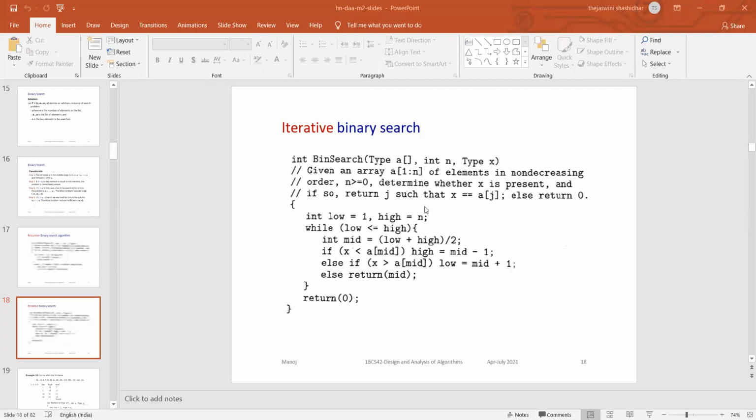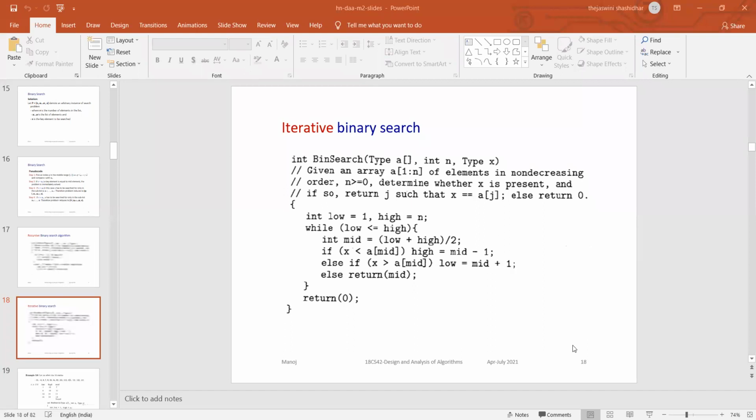Aishwarya, yes. So what is the value of low if greater? What is the value of the low parameter if the key element is greater? Kindly give the answer for this.